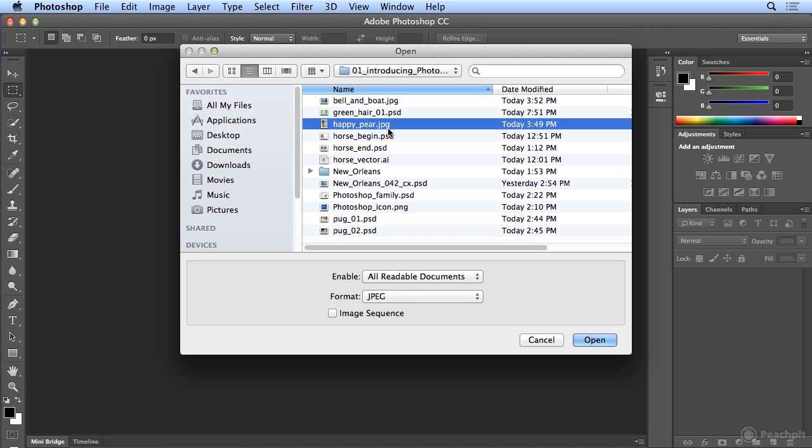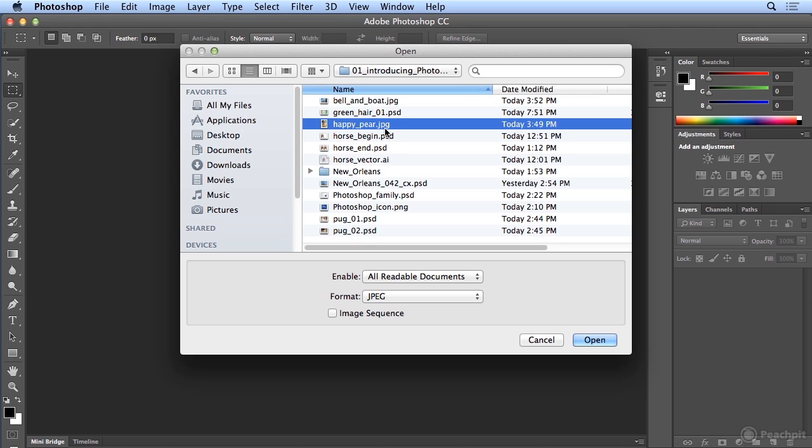JPEG is primarily a web format, but it's ideal for photographs. However, be warned, it is a lossy format. JPEG will permanently trash data in order to get a smaller file size. And what that means is you could fit a lot more images on your camera card or on your smartphone by using JPEG. So the first time you save, you may lose 300 pixels, just as a random number. If you open it and save as JPEG again, Photoshop may look at the image and say, you won't notice if I trash 500 pixels. So now we've lost 800. So it gets progressively worse. It's like a copy of a copy of a copy.